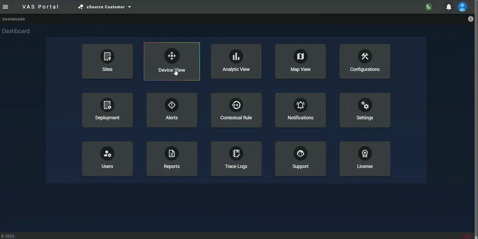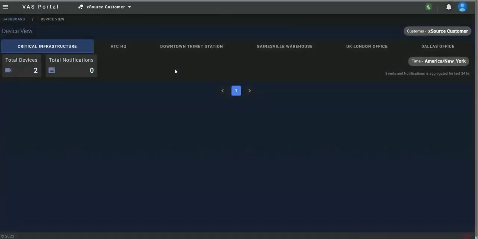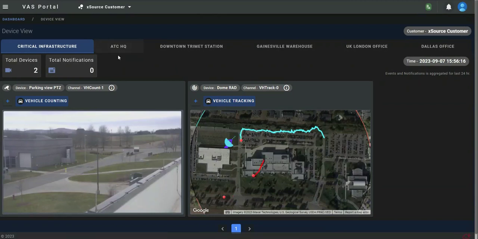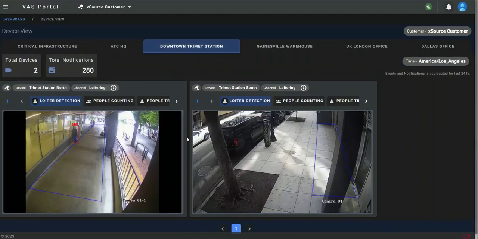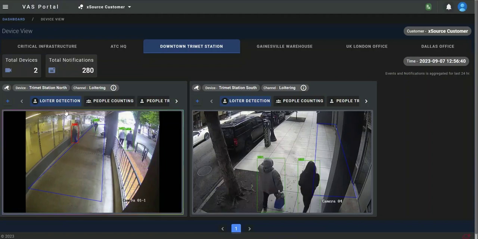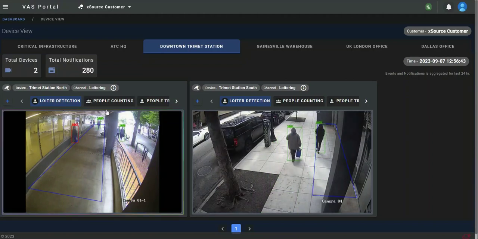The device view icon then allows me to look at all of my sites and the devices that are at that site, right? Whether that's sensors such as radar here or rooftop cameras, or cameras in this case in a downtown municipality area. You have the identification of what analytics are listed at the camera that are currently running. As you can see here, loitering detection. In this case, there's also people counting, and you can see the same thing happening in a different camera here